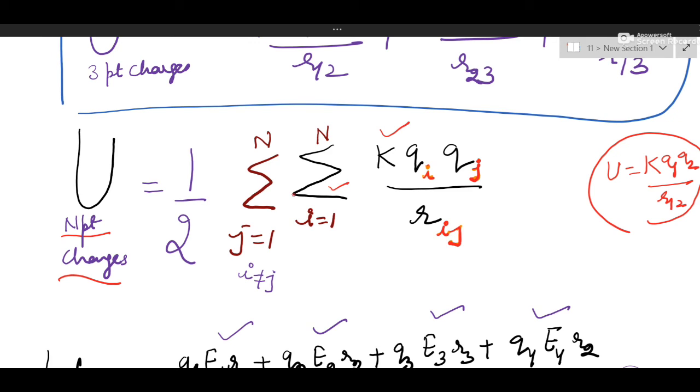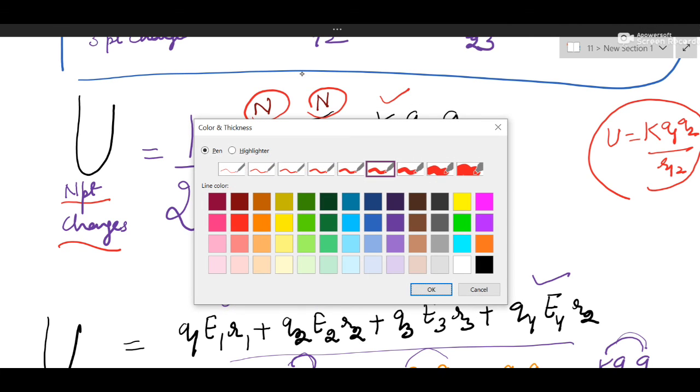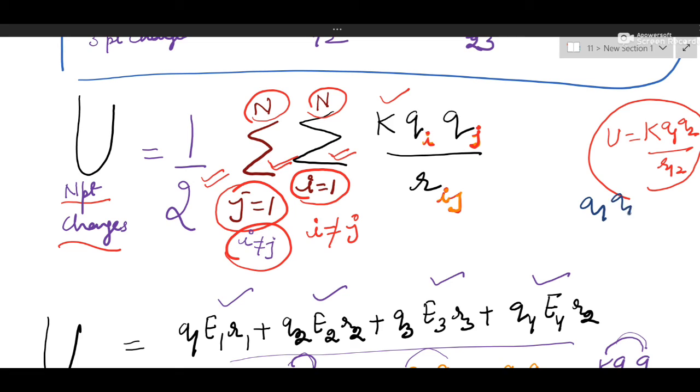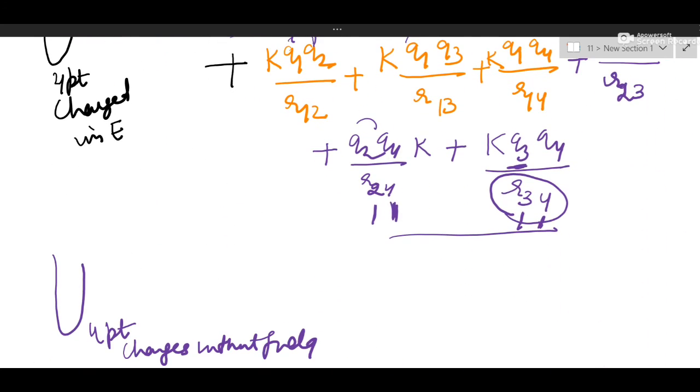Now you see I have written summation. Obviously this will open as 1 2, 1 3 like that. Two summations are put because two variables are there and both will be running from 1 to n. j will also run from 1 to n, and then I have divided it by half, and then I have written this condition that i can never be equal to j, which is true. Q1 Q1 we are not writing, Q2 Q2 we are not writing, right? So i cannot be equal to j. And why have I written half here? Because Q1 Q2 or Q2 Q1 you will count as 1. So two terms you are counting as 1. So we are writing half. Only one of the terms is counted. So that's all. It's an important topic. Kindly prepare and thank you.